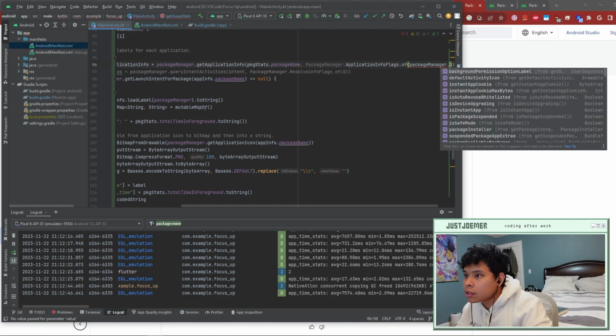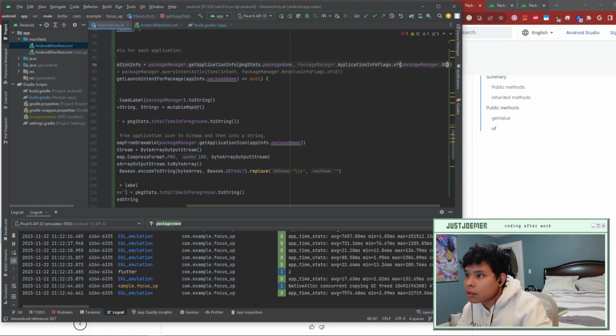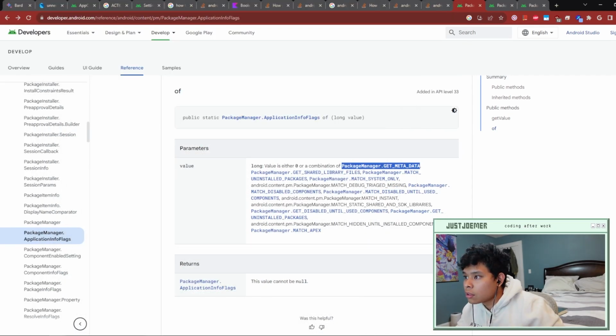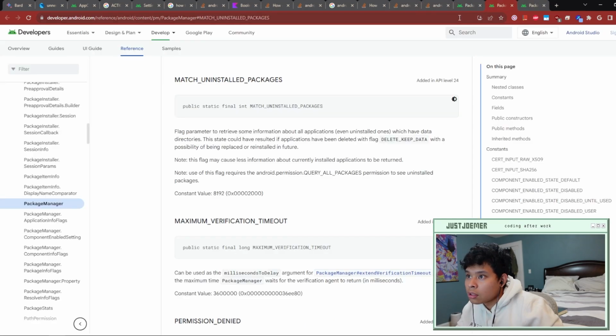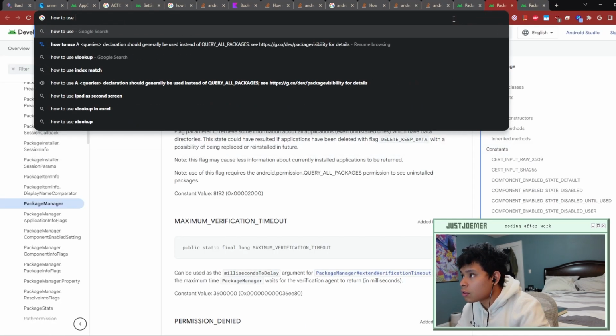Package manager dot get. I don't understand how to use this. How to use